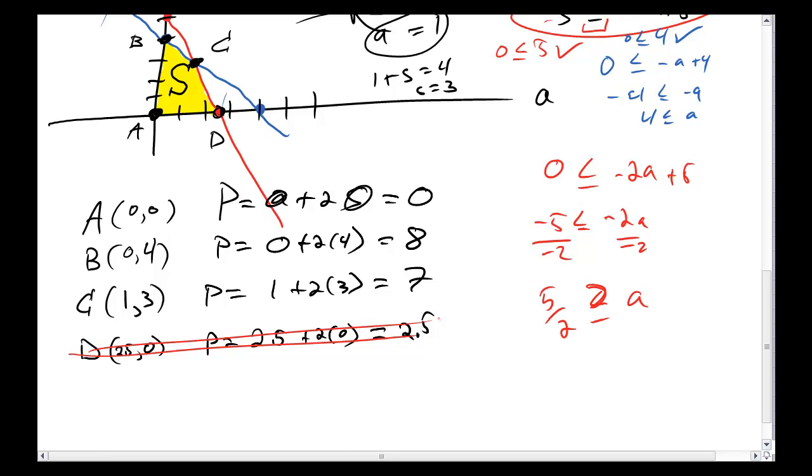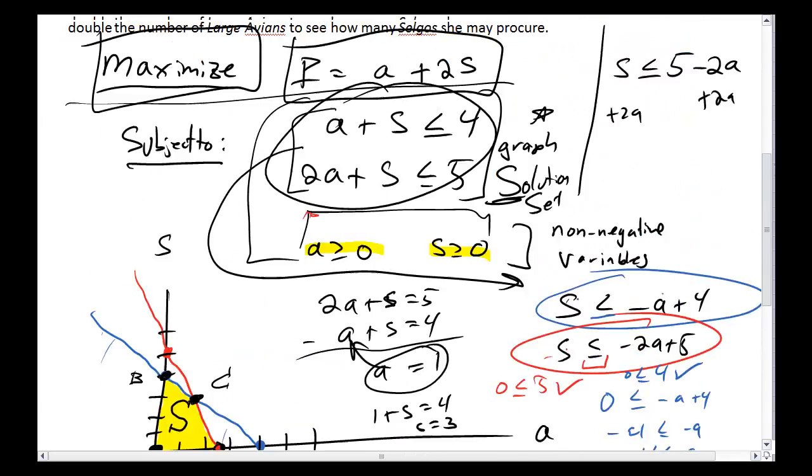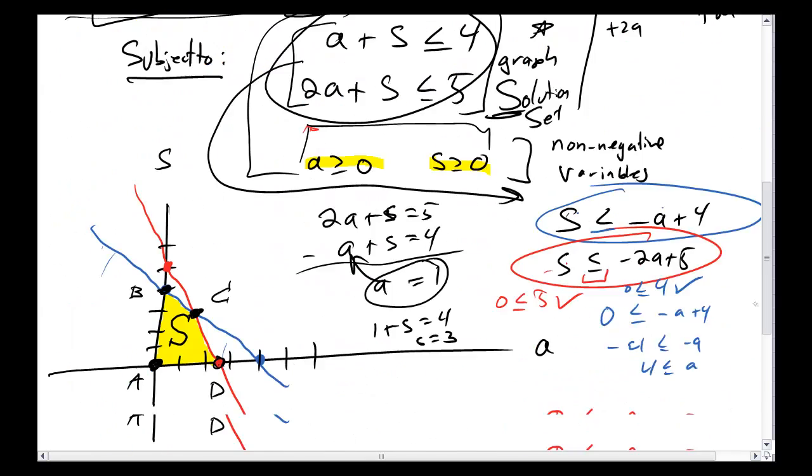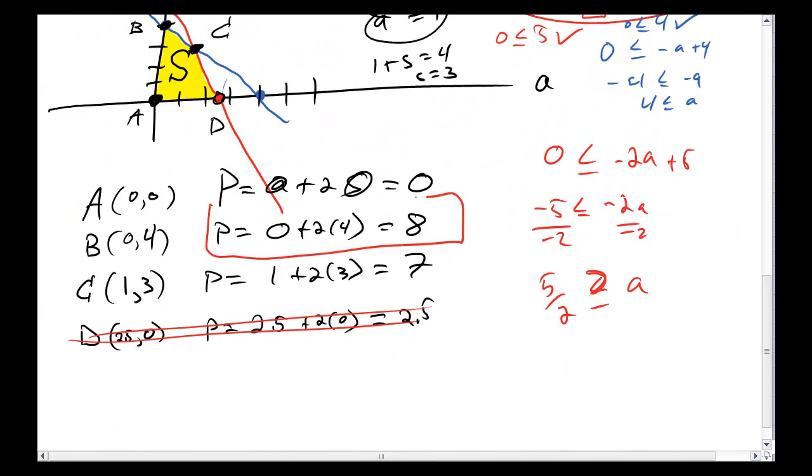Sometimes when you set up a coordinate system and you set up a model for a word problem, you get things that aren't true. You'd probably end up trying to round to the nearest one. So you would try just 2 Tickle Me Selgos, and then you wouldn't be able to get any, or 2 avians, and you wouldn't be able to get any Selgos. But we're trying to maximize. We don't care about all the answers. We just care about the solution. The biggest one is this one, which means the answer is B, which means the best thing the store owner can do